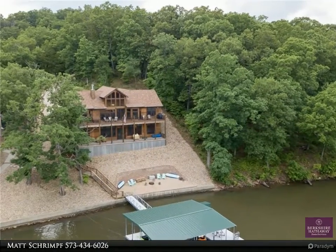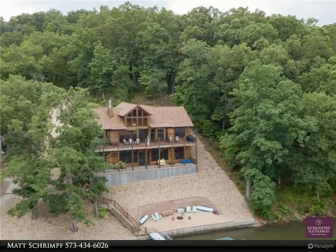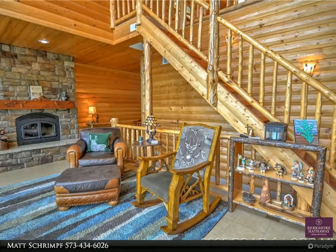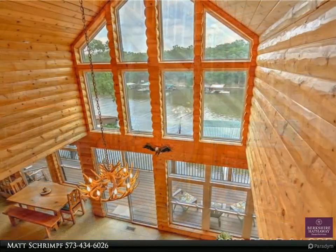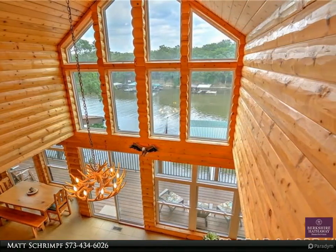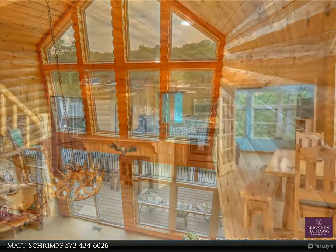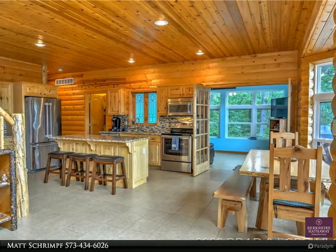This rustic lodge-style 5-bed, 3-bath home was built in 2015. It sits right on the water's edge and is surrounded by nature. Custom built with love, this house was designed to be as low maintenance as possible with a rock yard and composite decking. Bathrooms, cabinets, counters, and more have all been perfectly united to bring a cabin feel to the spacious